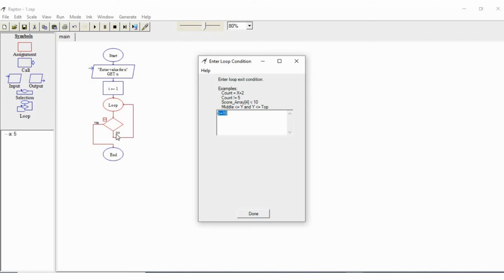If the condition is false, we can execute the specified instruction. So just keep in mind that depending on the flowchart you have drawn, your program will work, right? There are multiple ways to create a solution for a problem, right? So here I am giving it as I greater than 10, right?